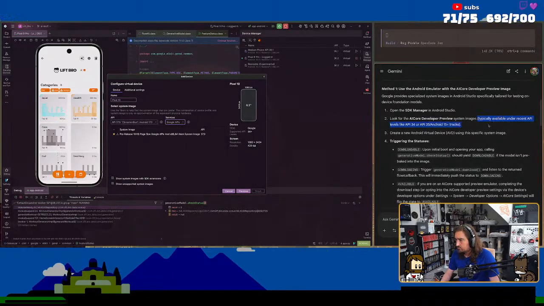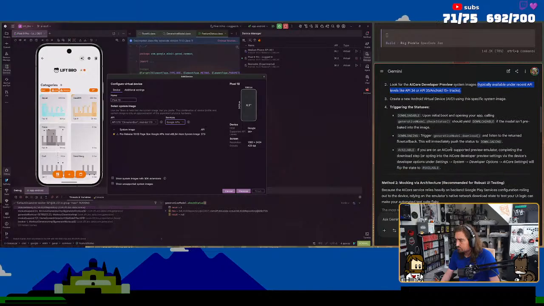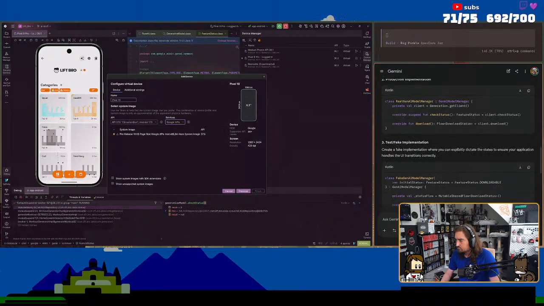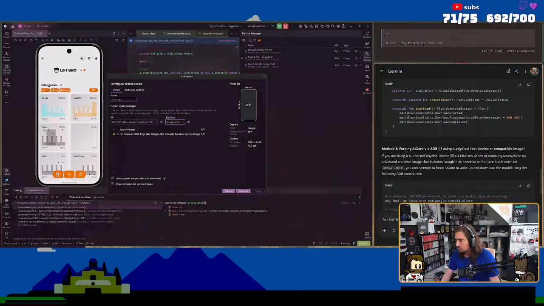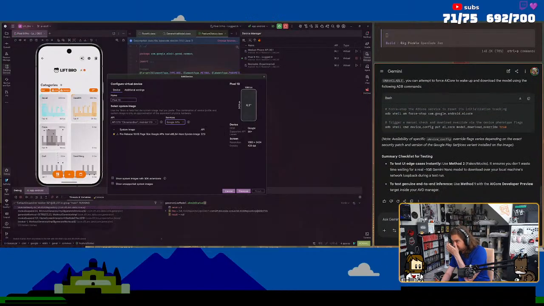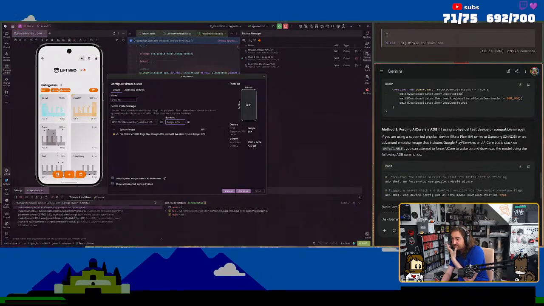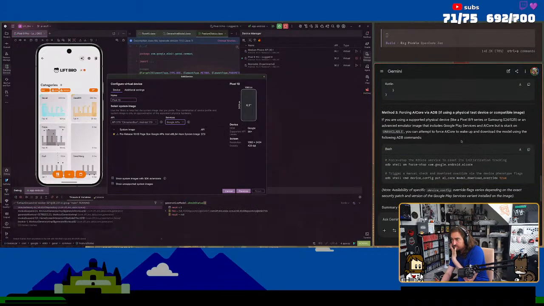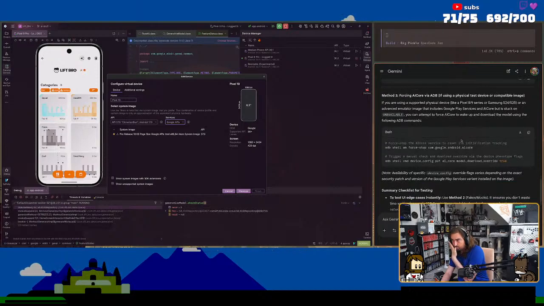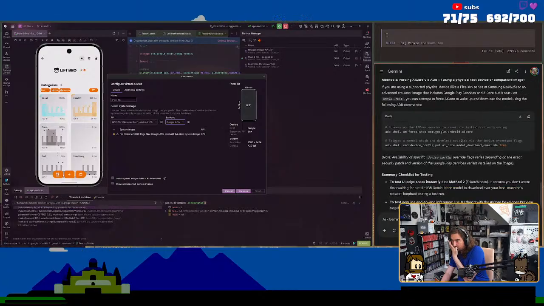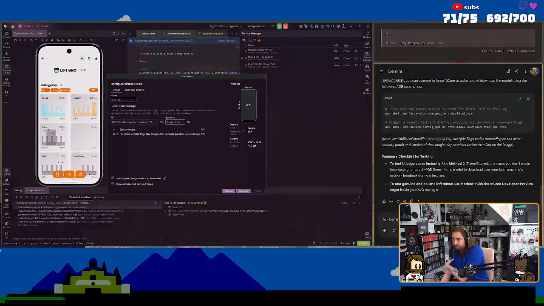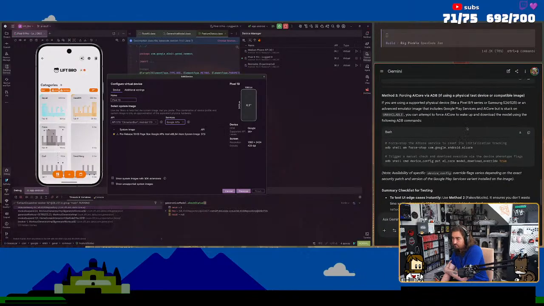On recent API levels, like forcing AI core using a physical test device for compatible image. Okay, so I can just force it, but